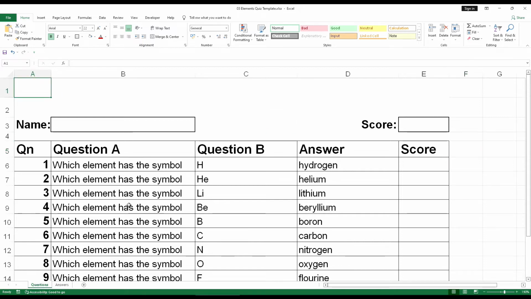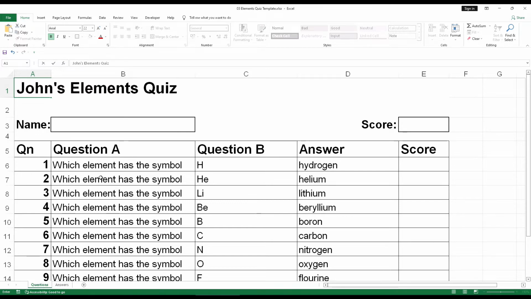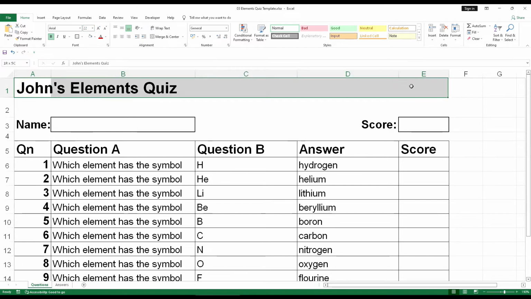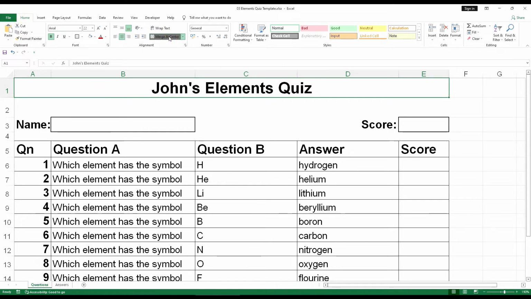Next we want our title, so use your own name in that. So as an example, something like that, and then we'll go back to A1 where we've just typed it. If you need to, make it big, so somewhere around the sort of 20, 22. We're going to highlight all the way across, wherever our score column is. Make sure you're on home, and then we're going to go to merge and center. That puts it in the middle,